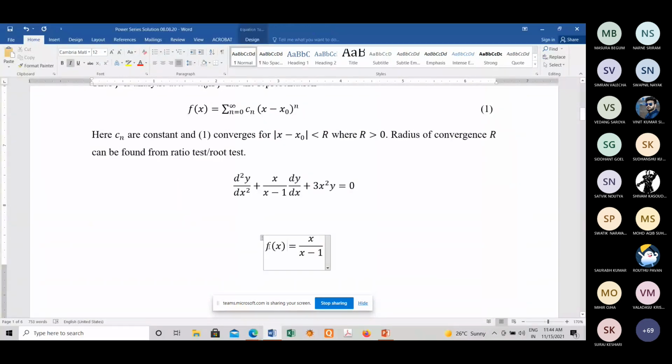Does anyone have any question? Again, I'm asking whether the concept is clear: all polynomial functions will be analytic, because they can be expanded in a power series. But if there is a denominator, there is a problem. So you may equate the denominator to 0 and you will find the points where your function is not analytic.